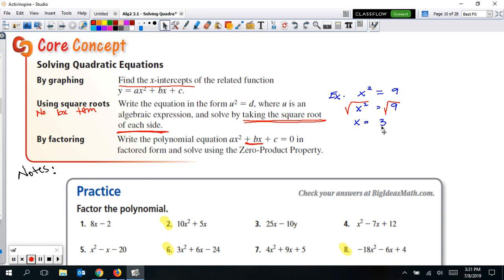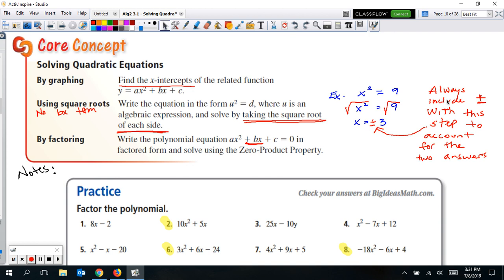But now remember, we might potentially have two solutions, right? Most of the time, you're going to have two solutions. So for this case, because we're only getting one number here, it's 3, we're going to put a plus or a minus sign in front of this 3. Every time that you do this step and you take the square root of both sides, you have to include plus or minus that number. So write this down on the side. Always include plus or minus with this step to account for the two answers, because you need to have two answers. You're not just getting one answer of 3, you're getting two answers,